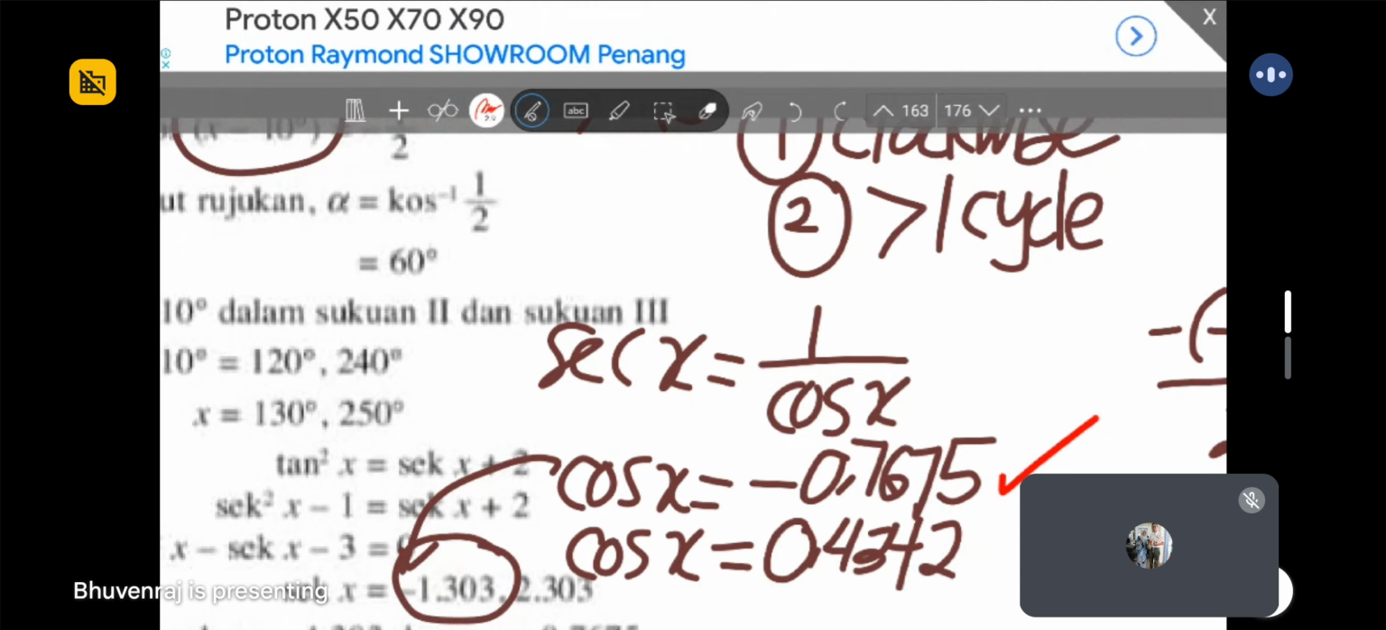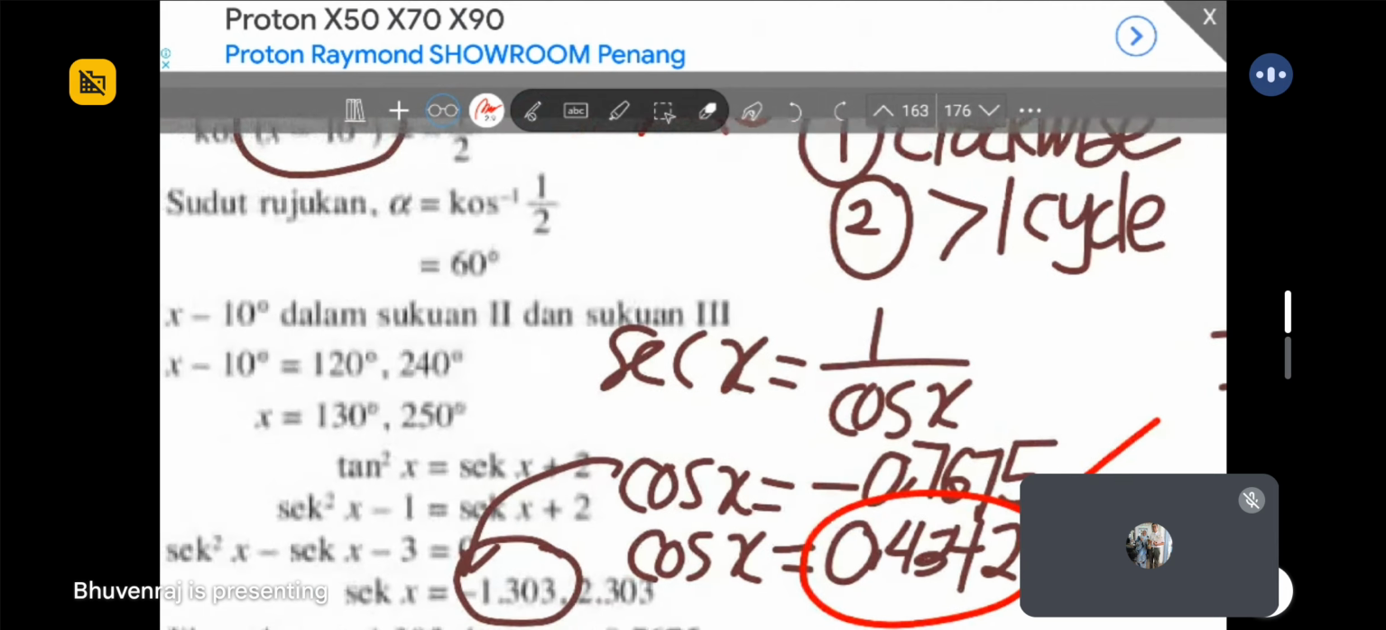Paling rendah negative 1. So yang ni lebih besar dari negative 1 is larger. So can. Okay, this one also can. Boleh. Okay, because it is less than the maximum value which is 1. Okay, dia kurang daripada nilai maksimum dia, iaitu 1. Alright. Okay, so now